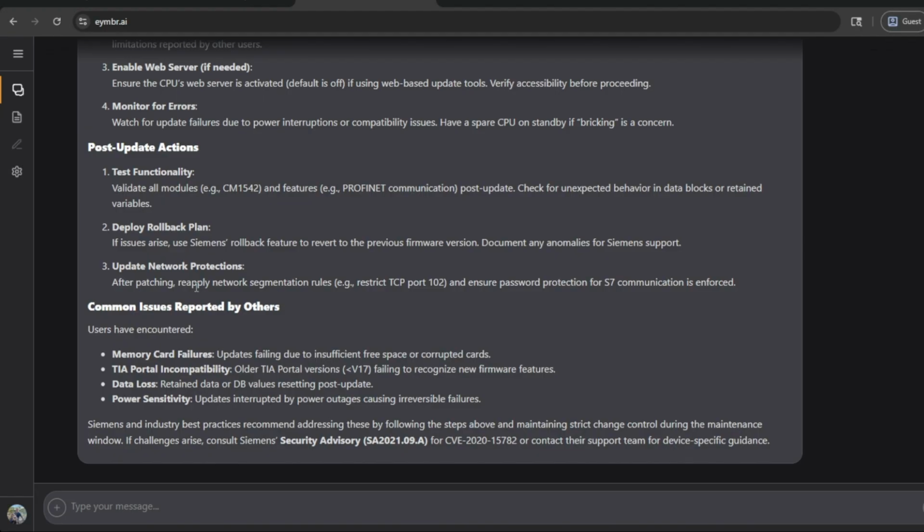And then she gave us a little bit of information on the back end on why it said we needed to do it the way we do it. Problems that other users have run into when doing this. So we can say upgrades are failing due to insufficient free space or corrupted cards. And we have a TIA portal incompatibility. So as we dig through these, it's going to tell us more and more, and this is going to help